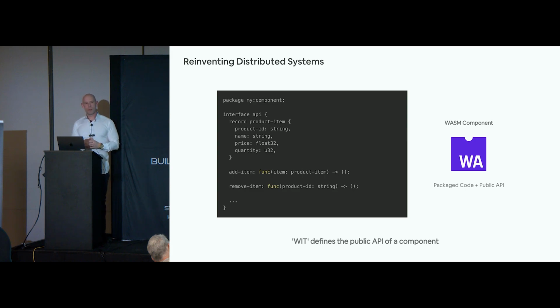WebAssembly is way more powerful than that because you're allowed to say, I want to export all these different functions, and all of them use types that are native in my programming language. You do this using something called WIT, which can be thought of as the WebAssembly component model's version of protobuf. Right? Protobuf we use to define interfaces, but these interfaces are not necessarily idiomatic in our programming language, and WebAssembly is trying to introduce something that is idiomatic and can scale to handle the full range of features that we need when we're building our applications out of components.